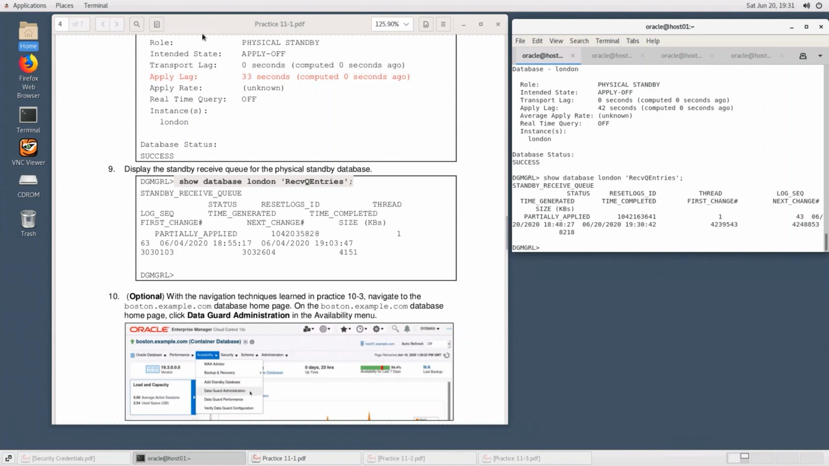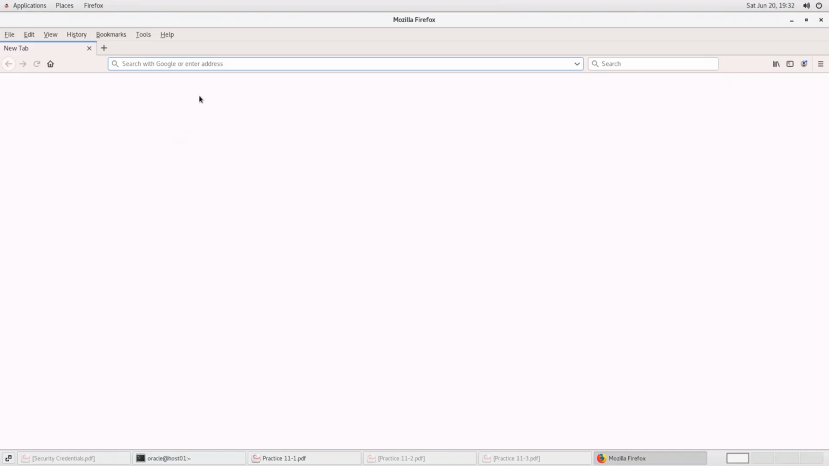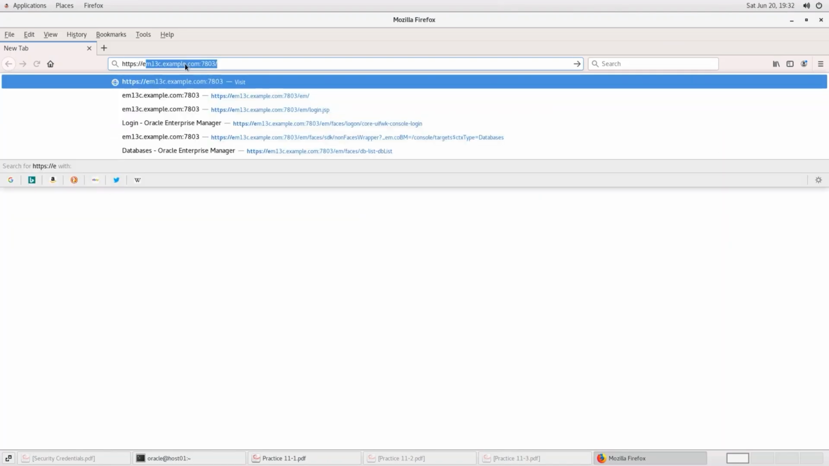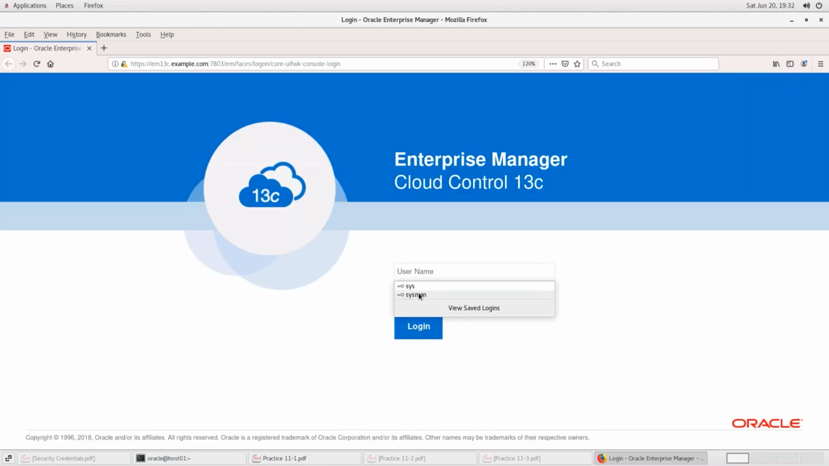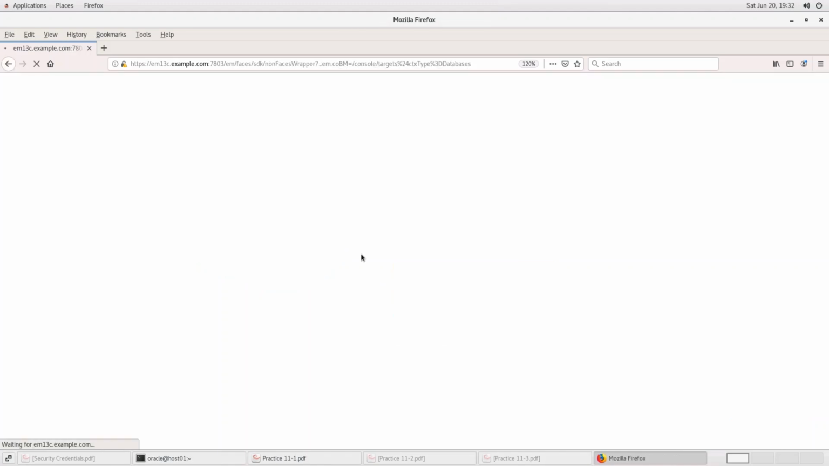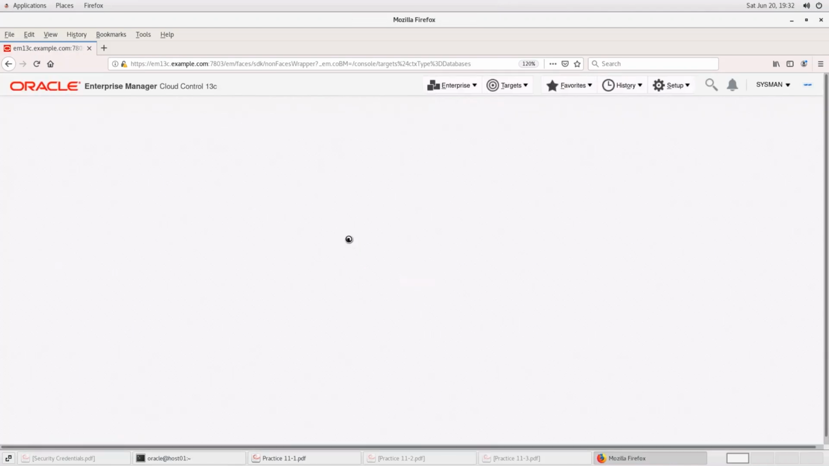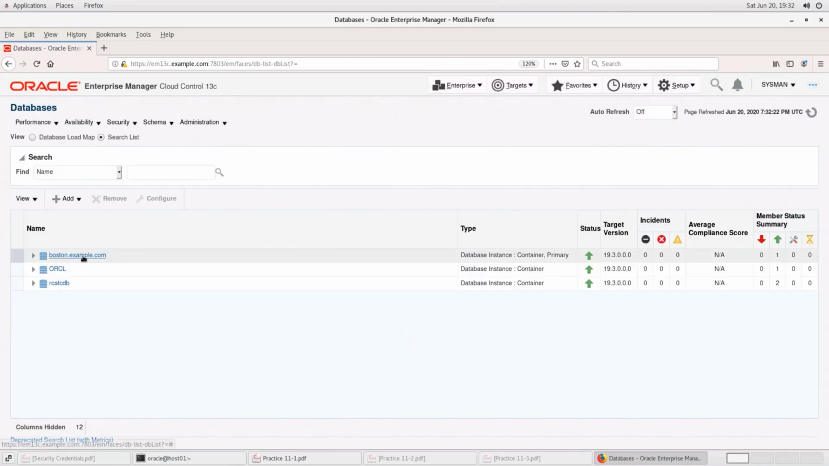So what you can do is you can start Firefox browser. And then you're going to get into Enterprise Manager using the same URL. And then you will log in as sysman and password cloud_4u. In the database page, you click the Boston database link. On the Boston database homepage,